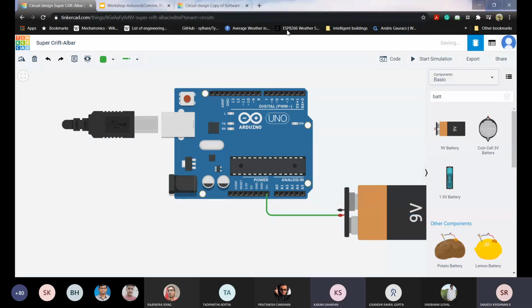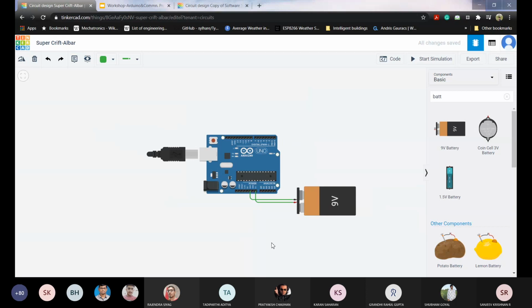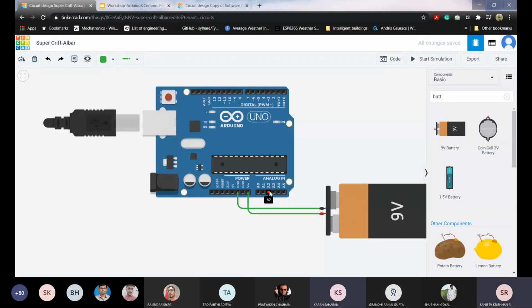Sorry. And from negative to ground. So this is one way of giving power to your Arduino, positive to V in, negative to ground.